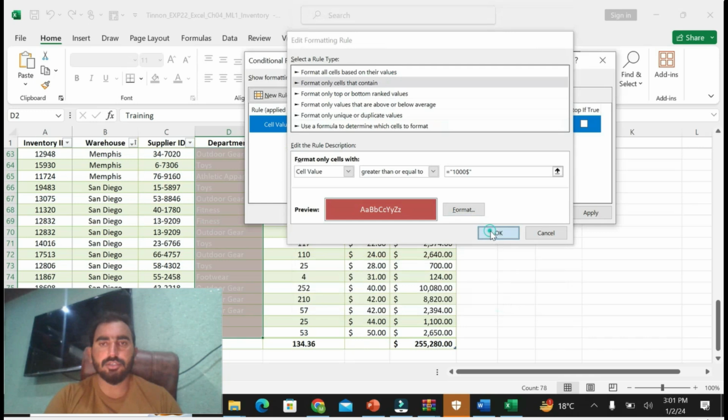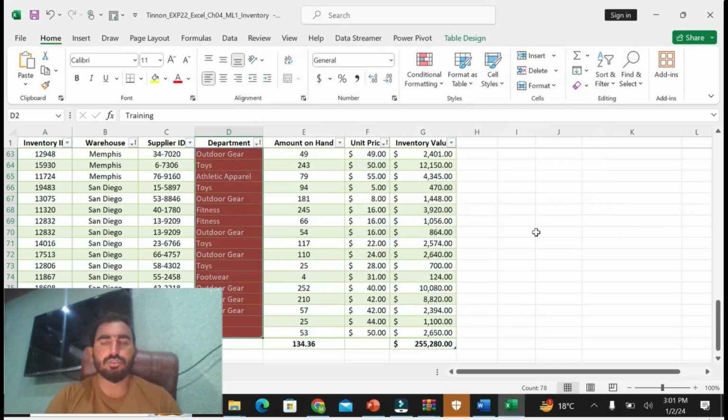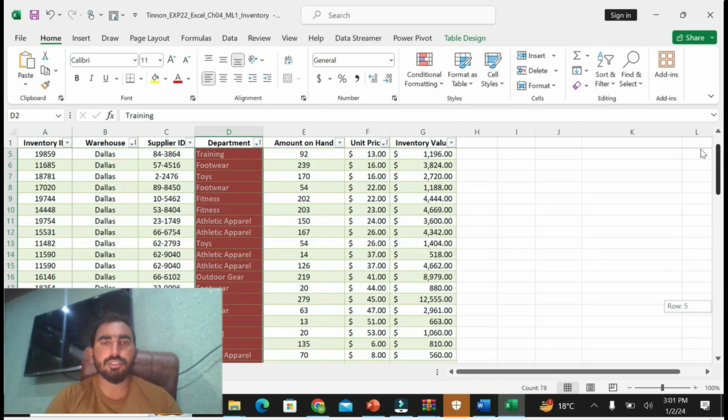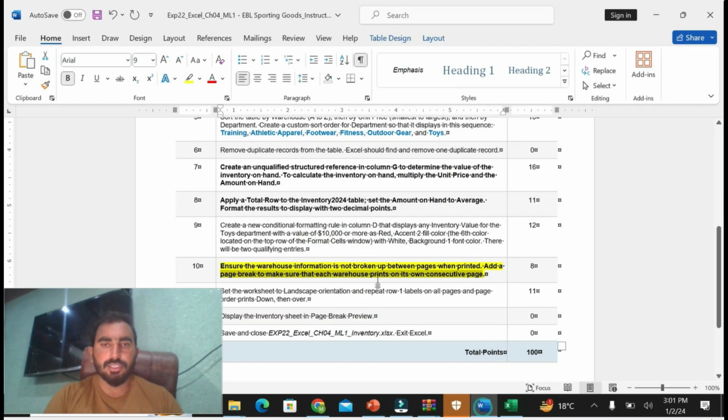Okay, now I have done step number 9. After completing step number 9, I add step number 10, the print page break.